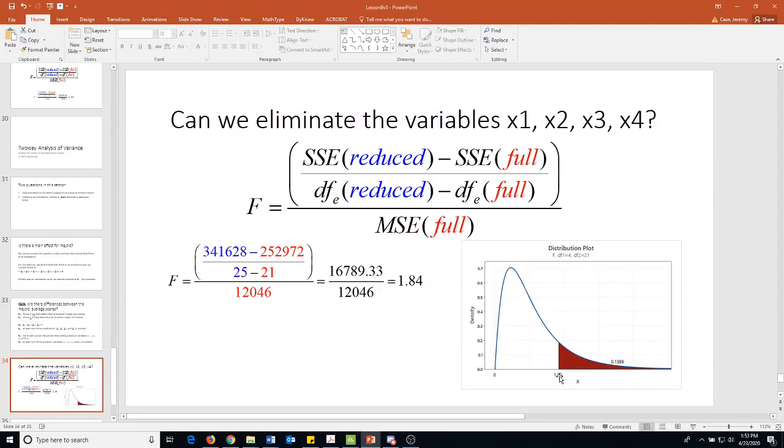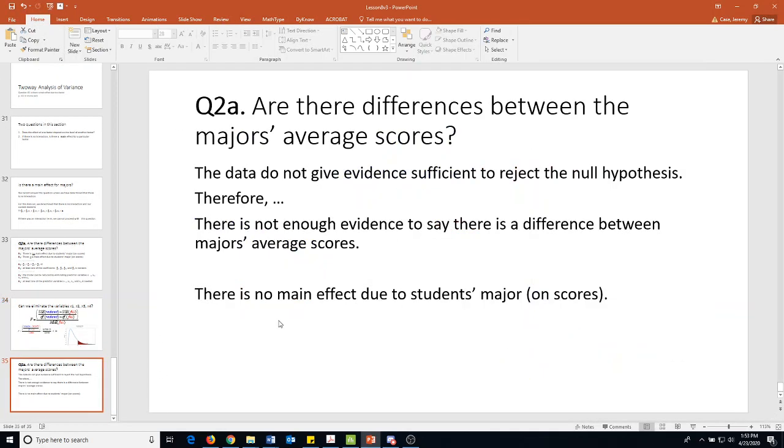Go to my probability distribution plot. I get a p-value of 0.1589. My conclusion is I cannot reject the null hypothesis. So I conclude that those predictors are not necessary. It doesn't give me sufficient evidence to reject the null hypothesis. Therefore, there is no evidence to say there's a difference between majors' average score. And so there's no main effect due to the student's major on score. So it's not the major, at least from this data set, that causes the difference between the different scores. Okay, next time we're going to look at whether gender has an effect on their